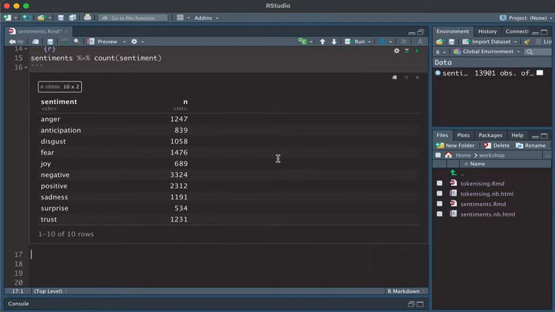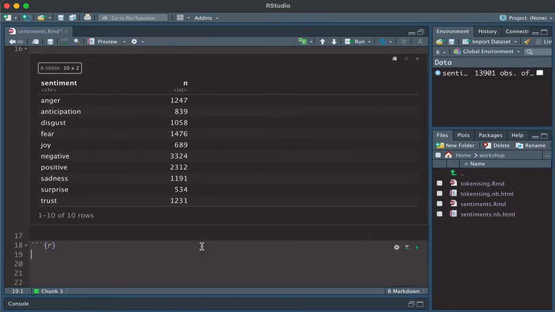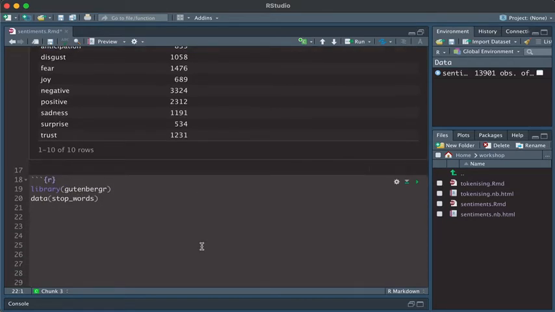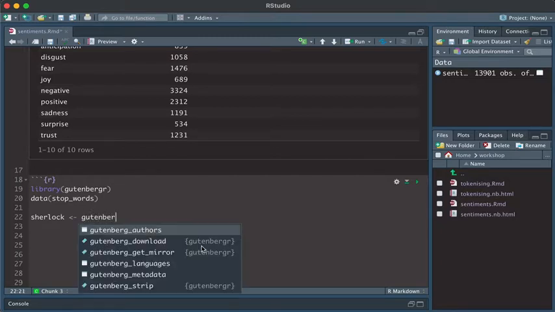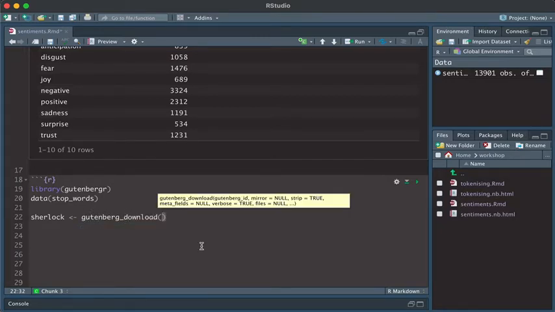So for example, let's now recreate that tidy text tibble of all of the non-stop words in the Adventures of Sherlock Holmes. So we did this in the last section. We're going to bring in the Gutenberg library because we're going to be downloading this from Project Gutenberg. We need to bring in the stop words, which are provided by tidytext, so we can then remove them. And now let's build a Sherlock tibble, which will be a clean, tidy table of all of the non-stop words tokenized by word. So we're going to download Adventures of Sherlock Holmes as book number